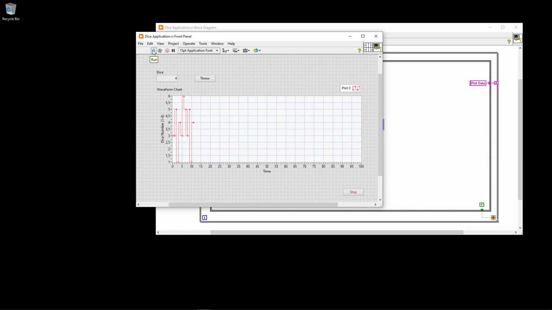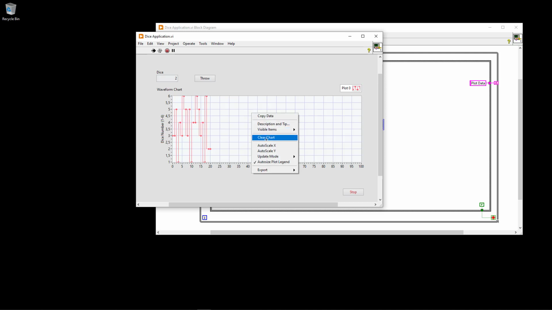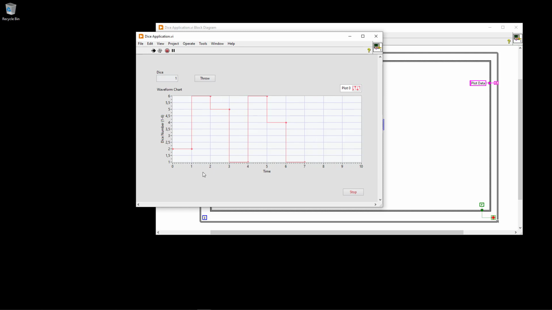I click on the run button, and I click multiple times to generate a new value on the dice that will be shown here, and also the history of previous values will be shown here in the plot. I can also right click here, select clear chart, and then a new value will be generated here and shown also in the plot at the same time. I can also change the value here on the x-axis, going from 0 to 10 or something. So then we see the value here. I just right click, clear chart,